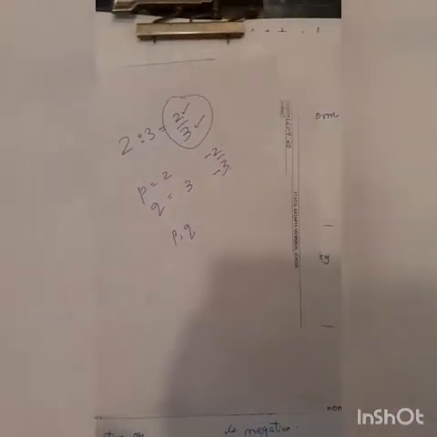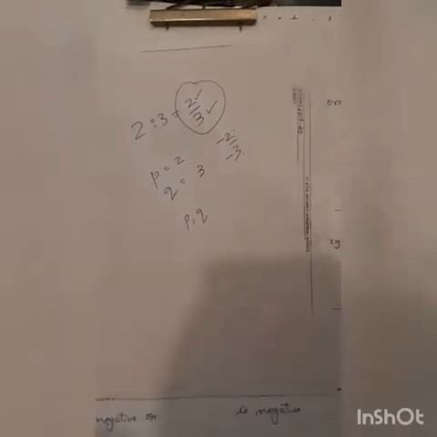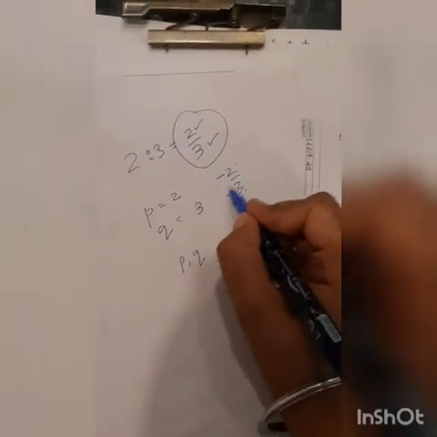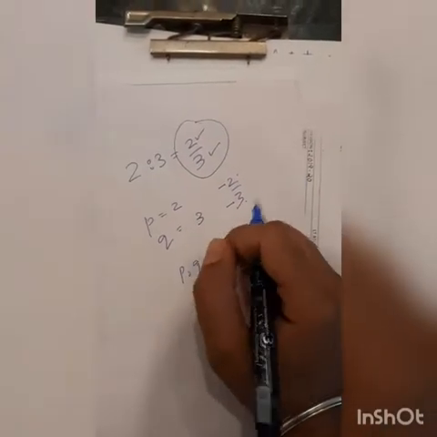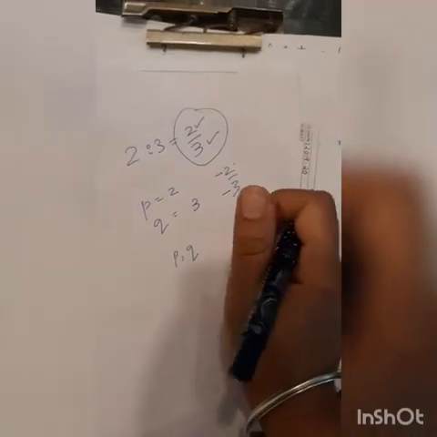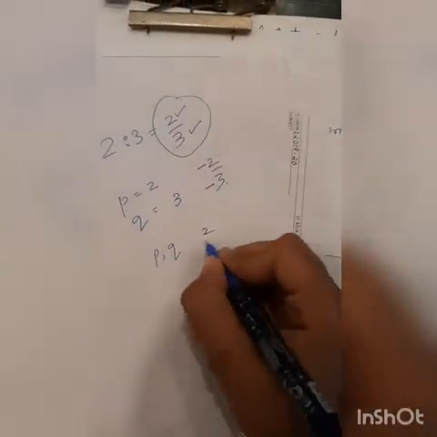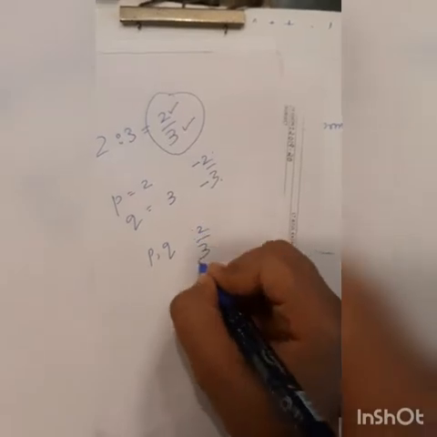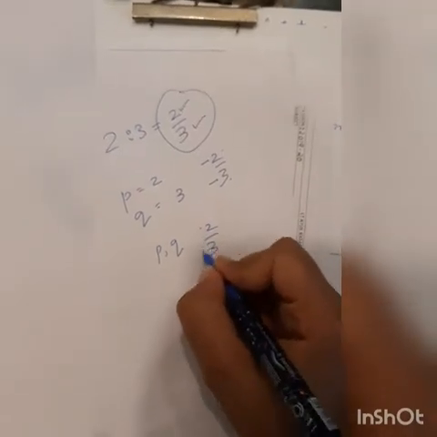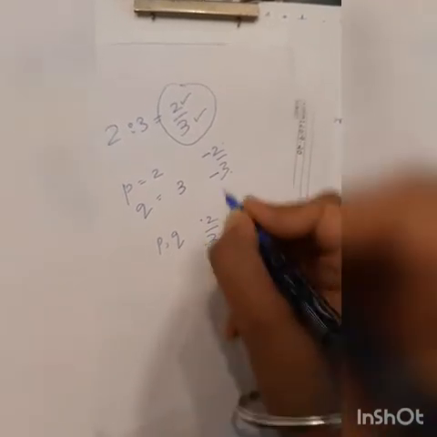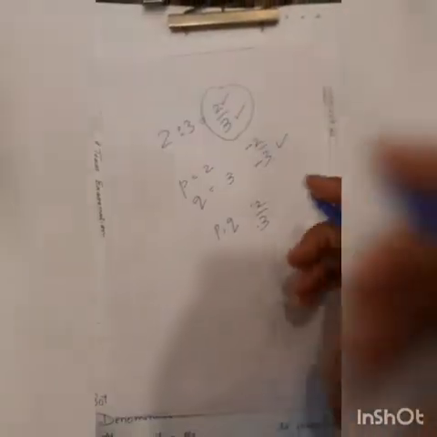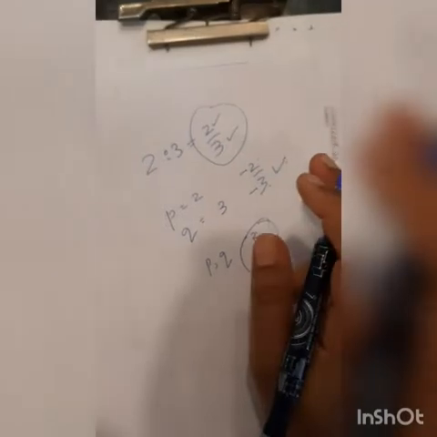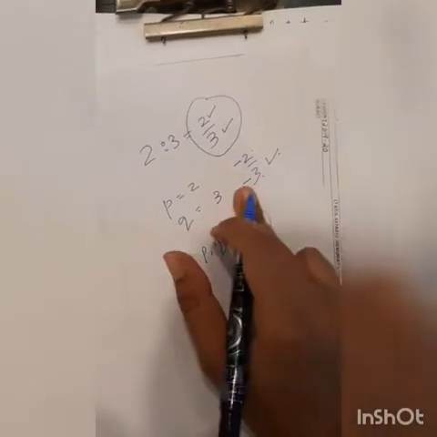But what is the difference between a rational number and a fraction? See, in a rational number we can take integers. But if I talk of a fraction, can there be any integers? No. But you have to take care that 2/3, if it is a fraction, both have to be positive. We cannot make the numerator negative or the denominator negative or both negative. Okay, so this is the difference between a fraction and rational number. So all fractions are rational numbers, but all rational numbers are not fractions.